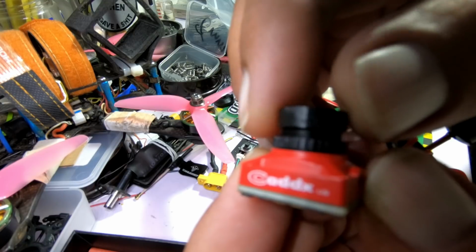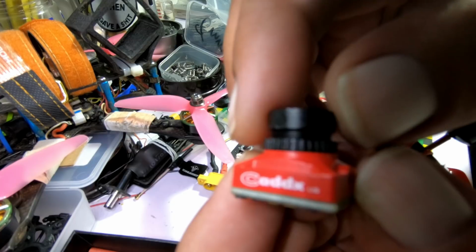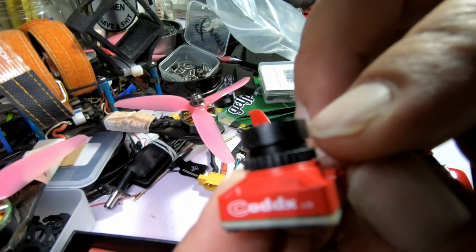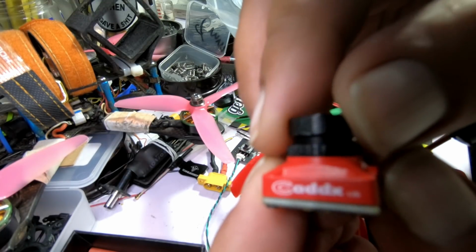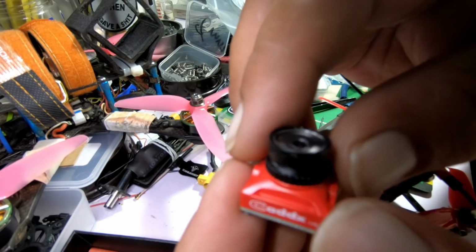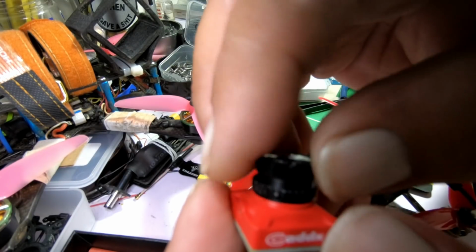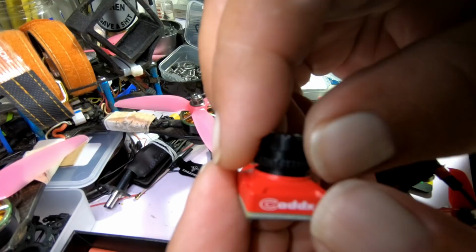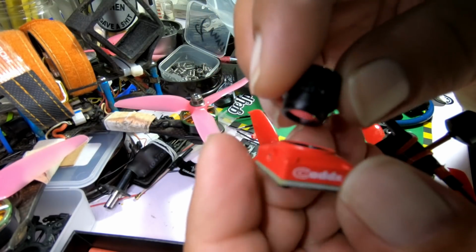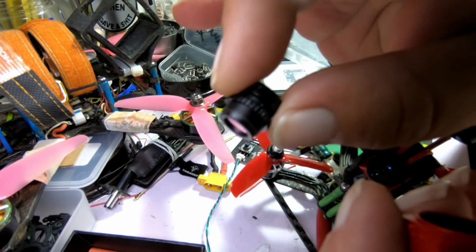So what happens is when I try to focus it, I get it in focus here, and I turn the little collar down to tighten it up. It pulls the lens out because the threads are so loose in there. It took me forever to even get it close. This lens is completely garbage. This is the cheapest garbage lens they could possibly come up with. Just go the extra few